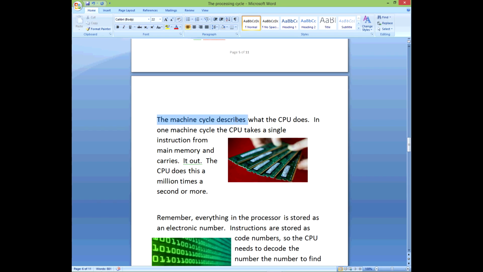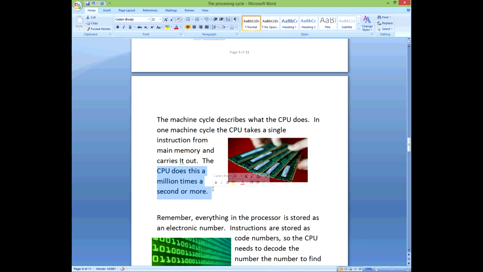The machine cycle describes what the CPU does. In one machine cycle, the CPU takes a single instruction from the main memory. This is the main memory. Here are some main memories over here. I remember there are different sizes. All right, so it does what? In one machine cycle, the CPU takes a single instruction from main memory and carries it out. The CPU does this a million times a second or more, so it's moving very very